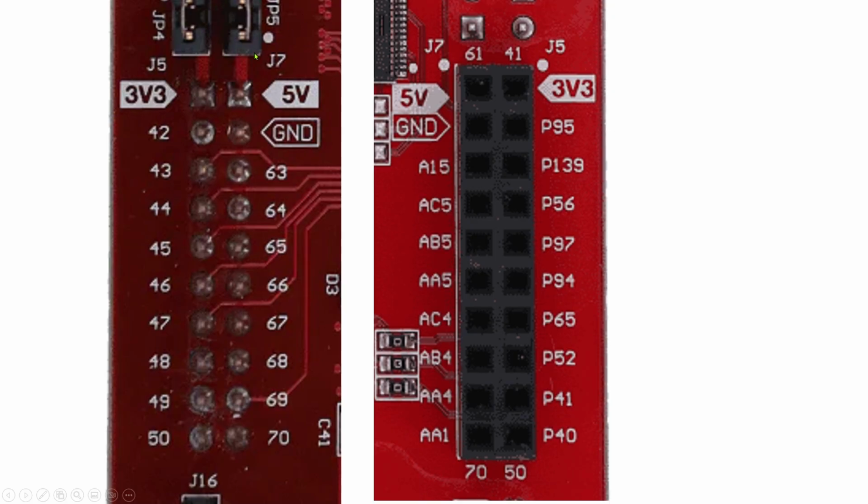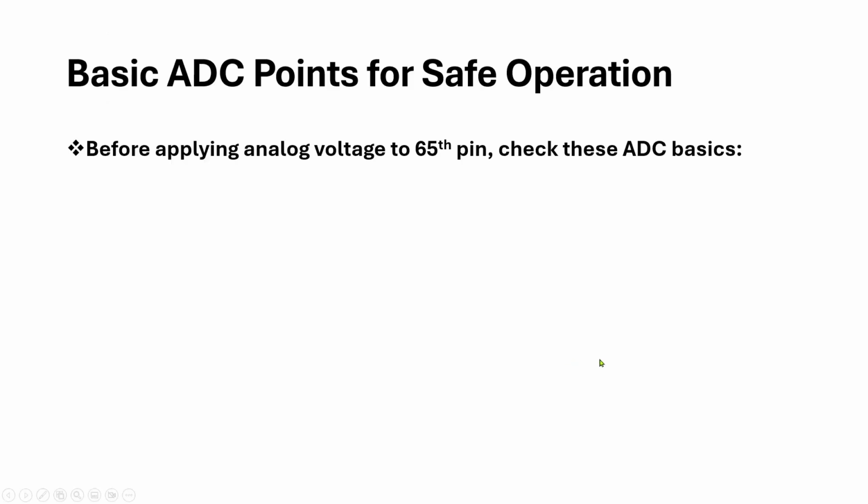This is the J7 connector from the front view, and this is the same J7 connector from the back view. Here, pin number 65 on the front side is the same as AB5 on the back side. So when analog voltage is applied to this pin with respect to ground, it will be read by the ADC block configured for AB5. Before applying analog voltage to the 65th pin, let us first understand the basic ADC fundamentals required